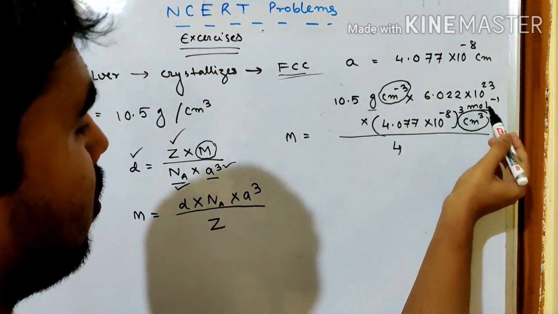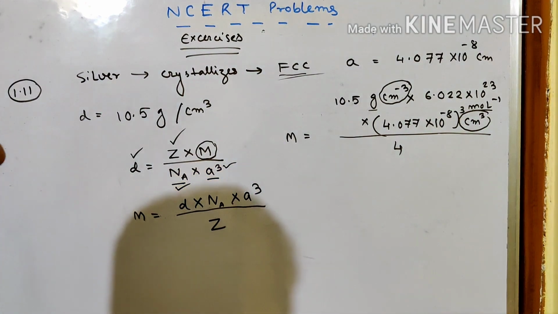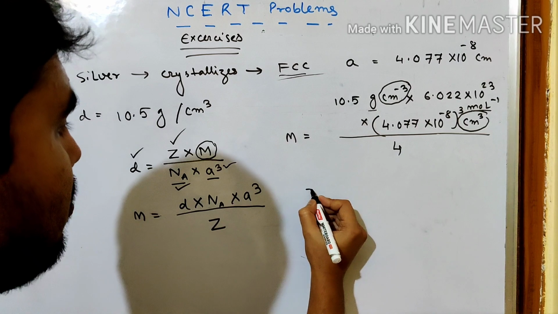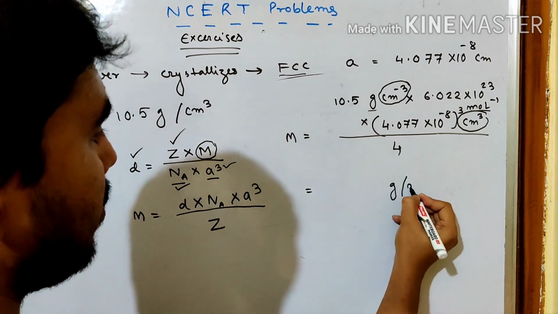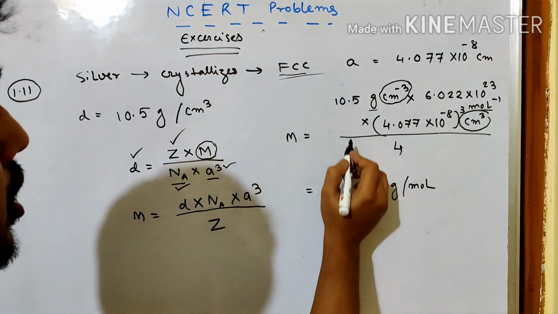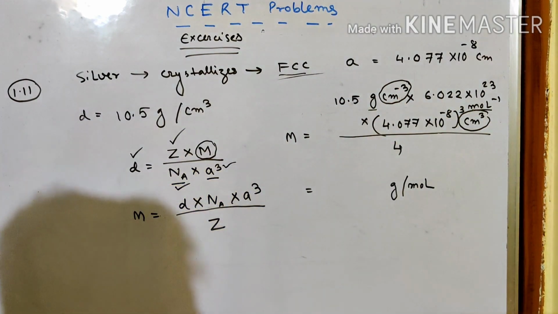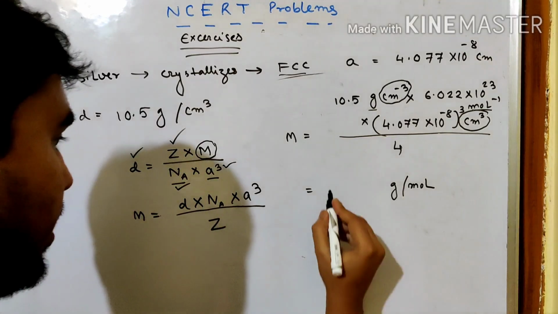Gram per mole will be remaining because the rest of the things are unitless. So now the answer will be in gram per mole. You have to calculate this much. You calculate and tell me how much it is. After the calculation, we are getting